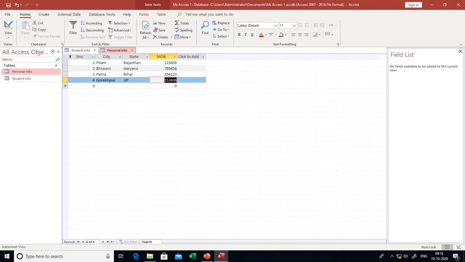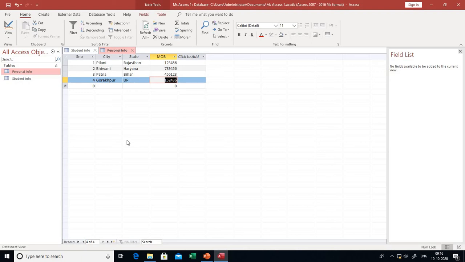Okay, so both tables are ready with information. Clear, students? I hope you understand how to create a table and how to fill in the information. So next is how to create a query. Before starting a query, first we understand what a query is.